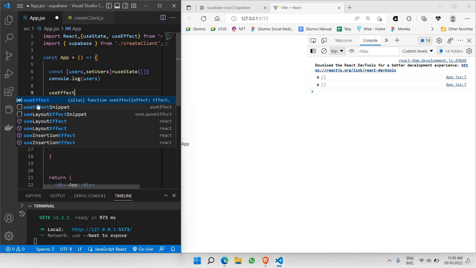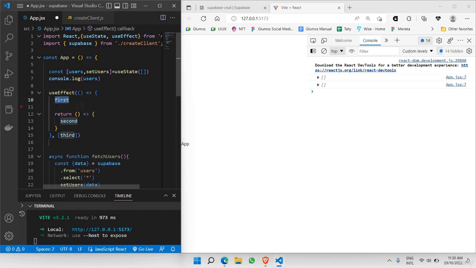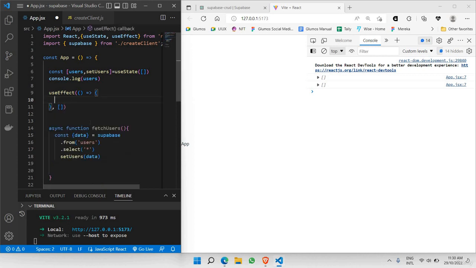For example, you can just directly call the useEffect snippet, and this is how the normal template would look. But then you won't have any of this; this is blank, this is blank as well. In this case, we just want to make sure we call this fetchUsers function every single time we run our project. That's the reason why we're using useEffect. Every time we load our page, we need to make sure we run this particular function called fetchUsers. Okay, so let's click on save,